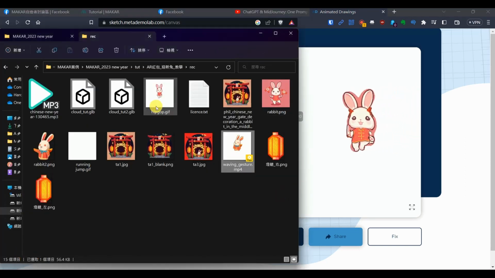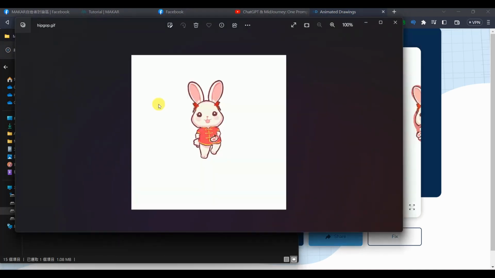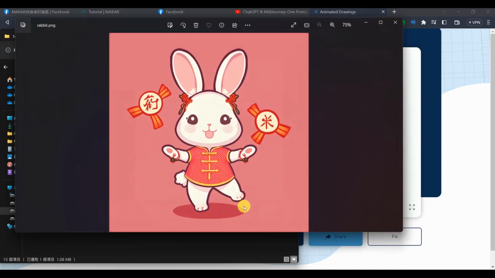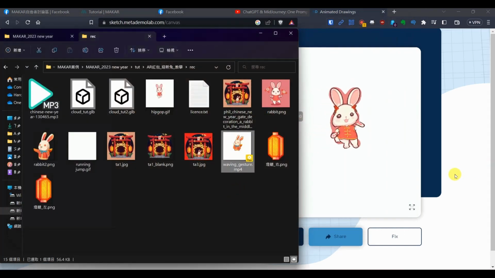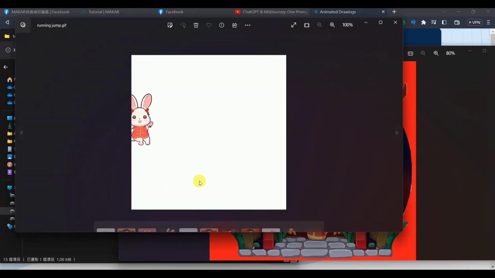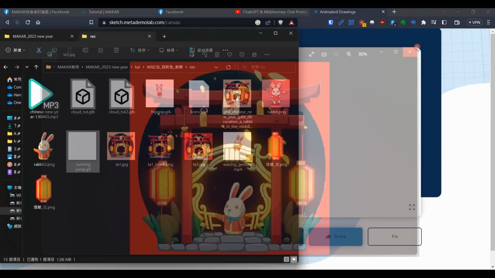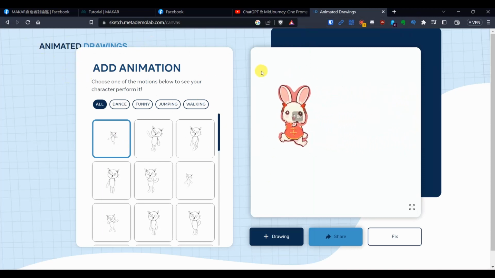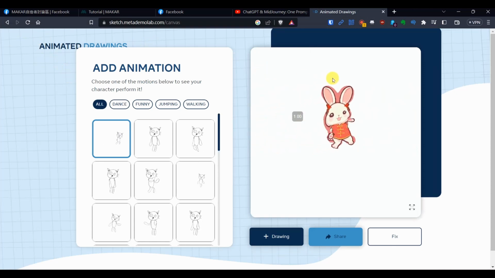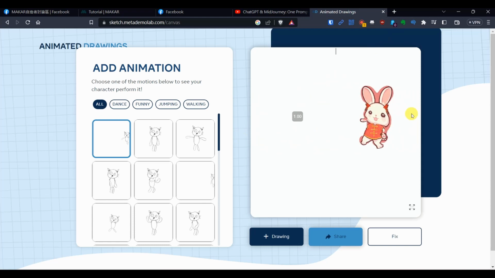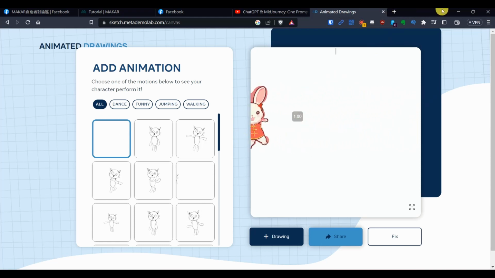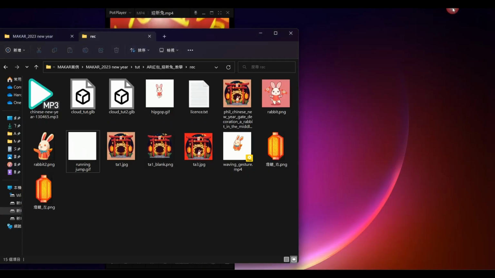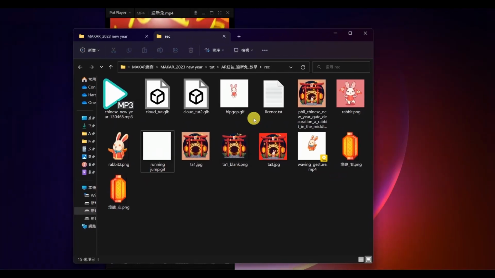And actually here is already the material I prepared for you. Right, running and jump. So Animated Drawing is a very easy to use and user-friendly AI tool. And here are the